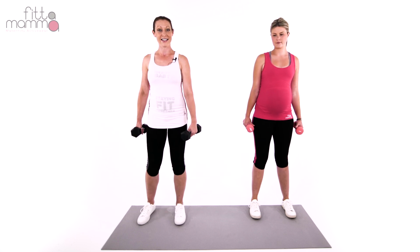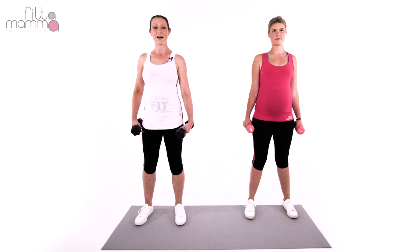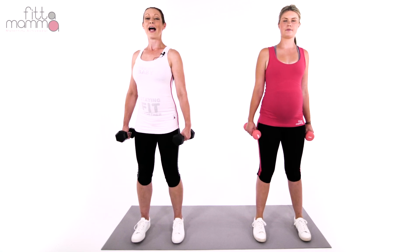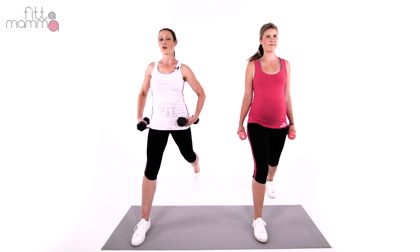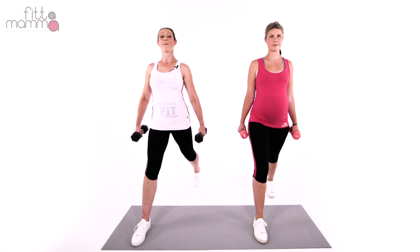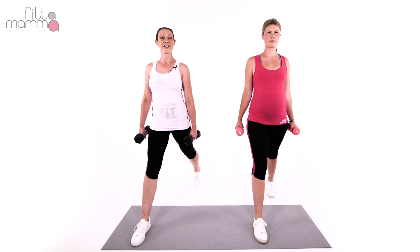So let's get started. I want you to start thinking shoulders back, feet hip width apart, and Katie, I need you to come to the edge of your mat just so you've got space, and step back, because we're going to start with a static lunge. Now, I want you to think about hips forward, so you're really engaging and getting that stretch in your hip flexor at the front, back nice and tall, and dropping that knee down to the floor and squeezing your bottom